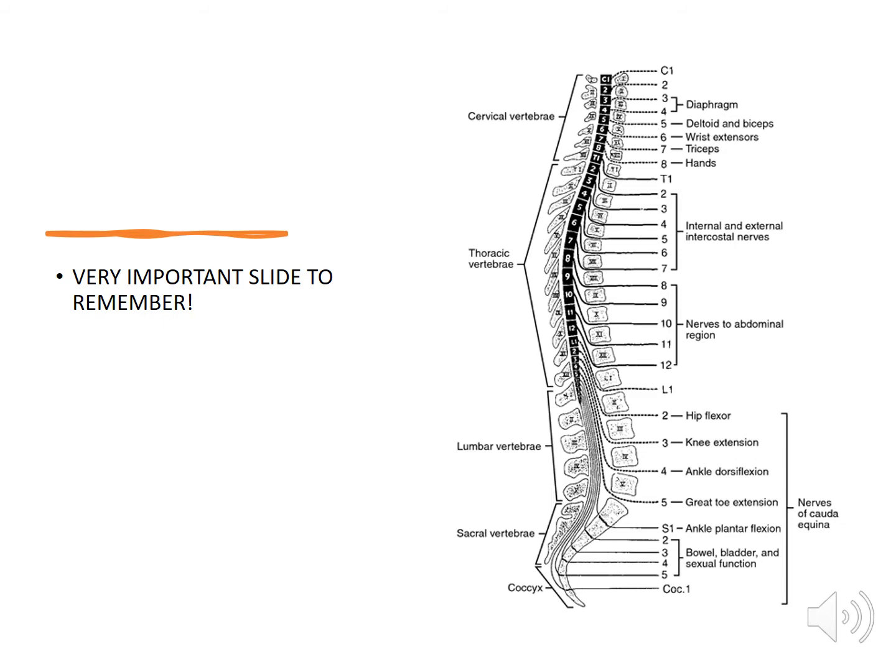So, however you may choose to study these, make sure that you have flashcards if you want to study directly from this slide, but you need to know that the spinal nerves exit below their corresponding level of the spine. Again, the only exception is the cervical spine, where C1 through C7 are going to exit above their corresponding spinal level. But please make sure that you are very, very comfortable with this slide.